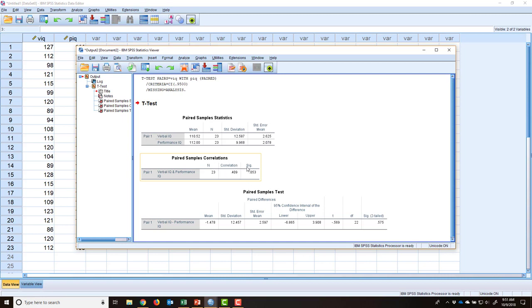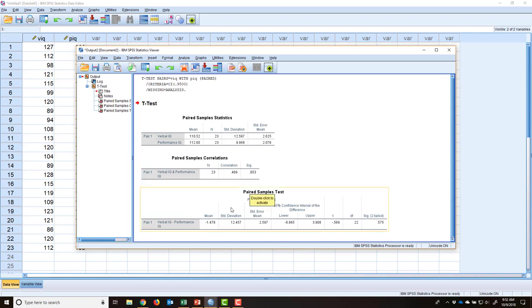Now in this case, there is a moderate correlation of 0.409. Don't worry about that right now. The biggest thing to worry about is the significance. In this case, it's 0.053. So this barely fits into our range of significance, because generally we use 0.05 as an alpha level. So we can say that at 0.053, yes, we can call these close enough to correlated. We can say that there is a significant correlation between these two numbers. Okay, so that's what that does. If this were 0.1 or 0.2 or something like that, then we definitely wouldn't want to use a paired samples